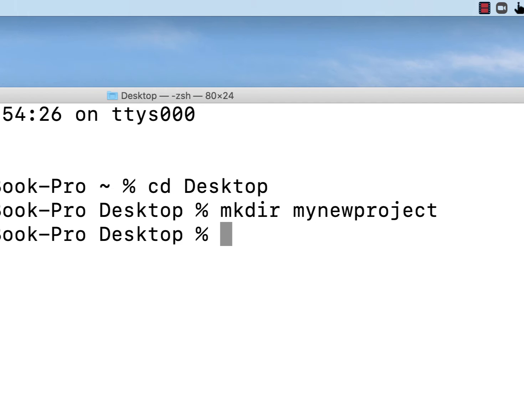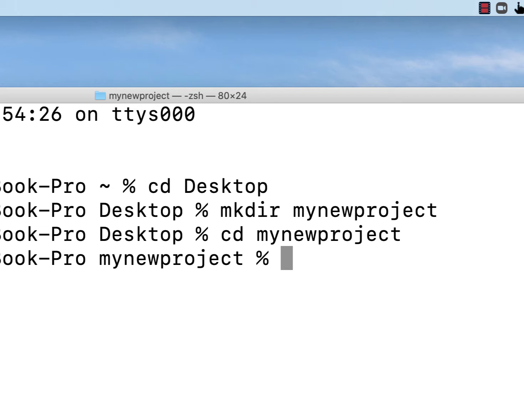I'm going to get into that directory, so I'll change directory, my new project. And I'm going to enter a command. So we're going to launch Python. Type python3